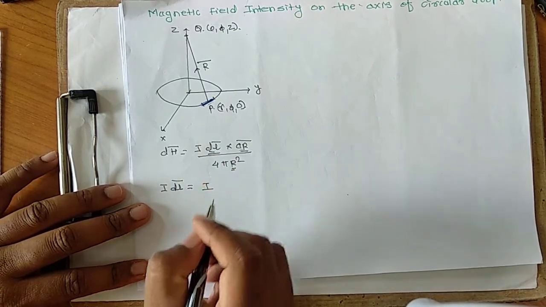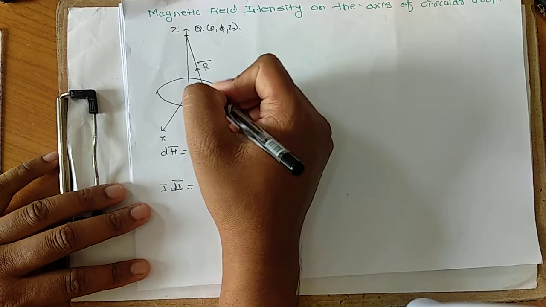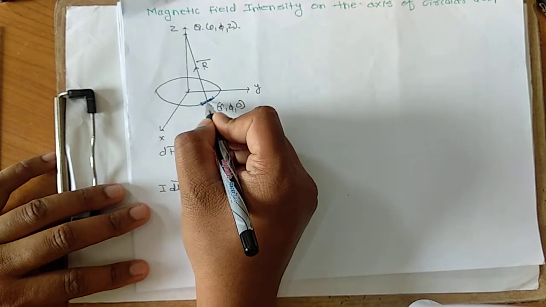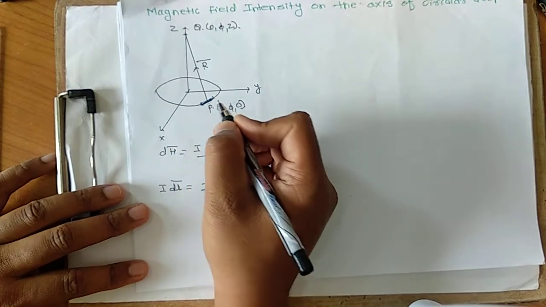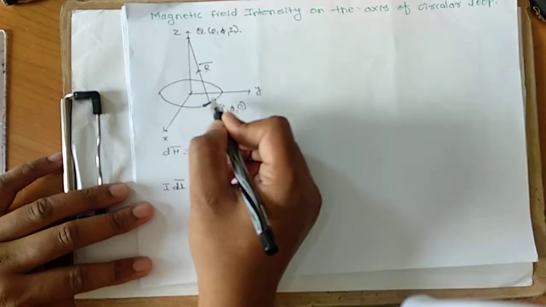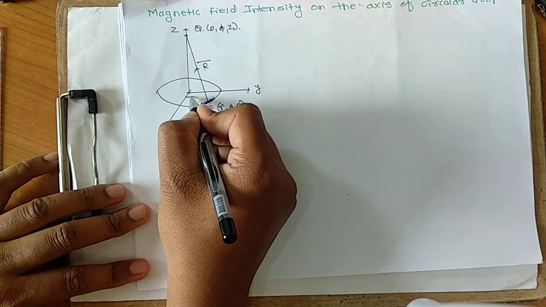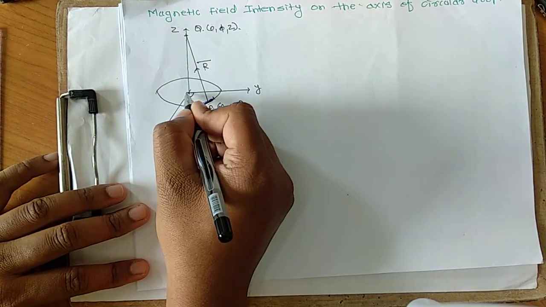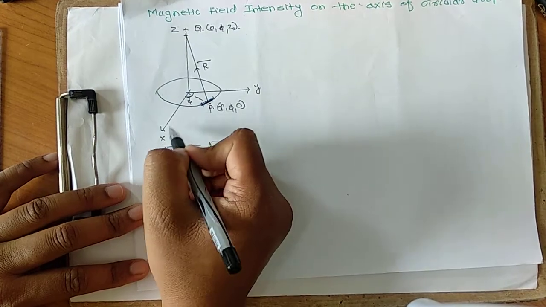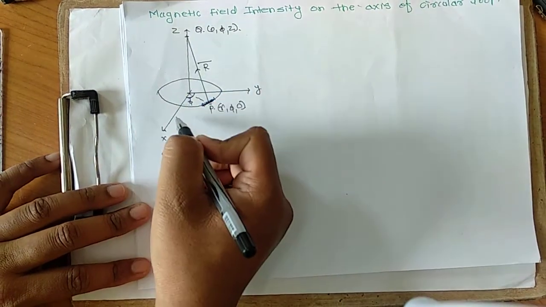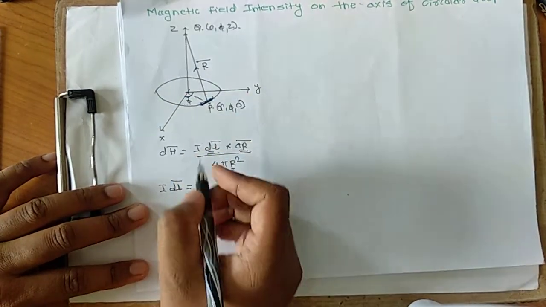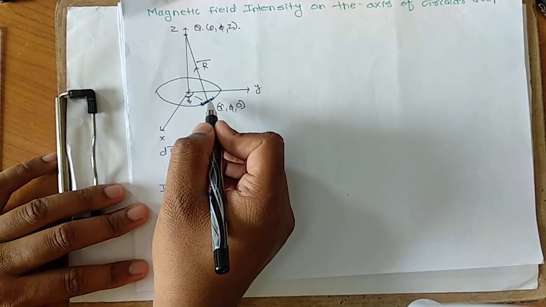Now what is the direction of that differential length? See the differential length: it is in the direction of what? It is r d phi, which means it is moving in the direction of the angle, that is the phi angle. Suppose I draw here this point; this angle is the phi angle. The phi angle starts measuring from the x-axis and completes up to here, that is 2 pi. So we know that the phi angle is measured from 0 to 2 pi. So we are moving in the direction of a d phi.